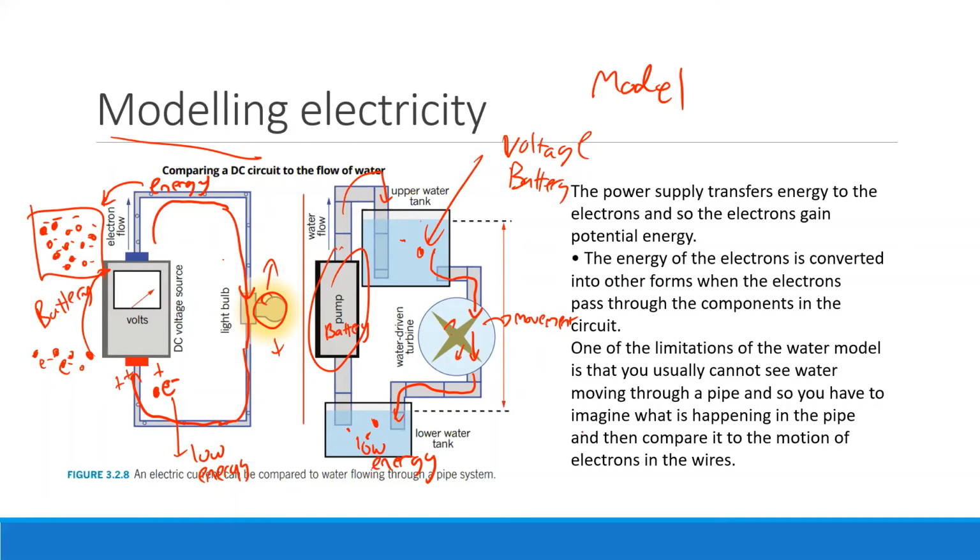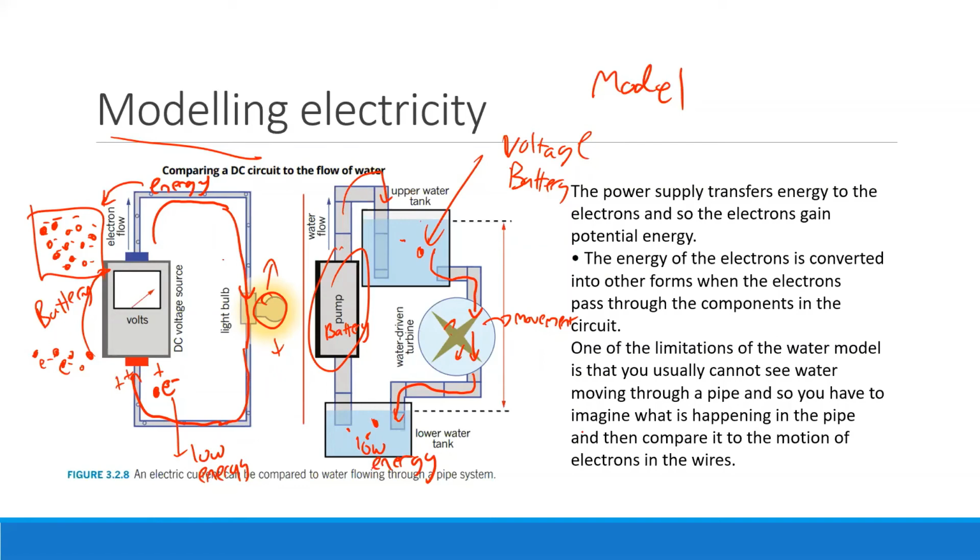One of the limitations though is obviously that in a water cycle you can't see the electrons moving. You can't see the water molecules moving, so it's difficult to compare the motion of the water because you just can't see through the pipes. So this is the idea here. I wanted to show you a different slide